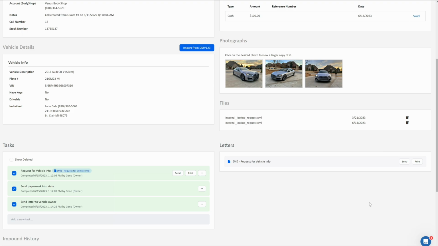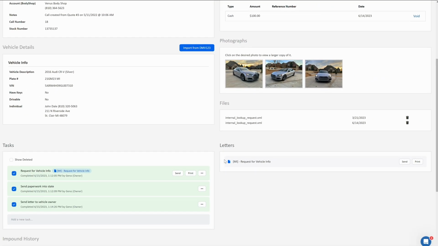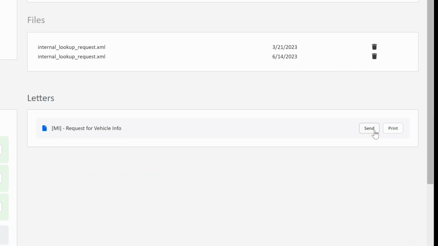State letters. As mentioned previously, Tobook is integrated with AutoData Direct for all of your lien processing needs. But if you prefer to manually send your own state letters, we make this process as easy as possible for you. For most states, Tobook is preloaded with letters and forms for managing the lien holder process. Under the Letter section, you'll see the letters that are pre-populated for your state.